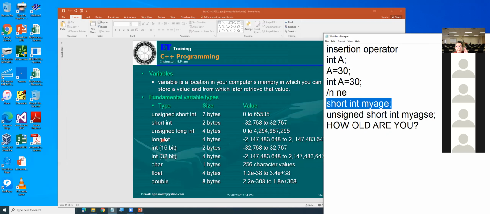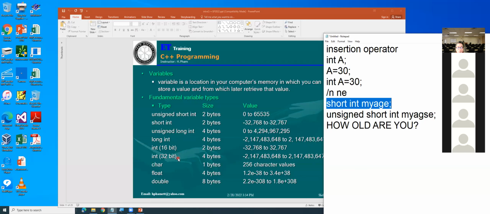Okay, so unsigned long integer. If you want to store more values, it will go up to a very, very big value. A long integer gives you negative to positive for bigger numbers. Integer 16-bit gives 2 bytes.